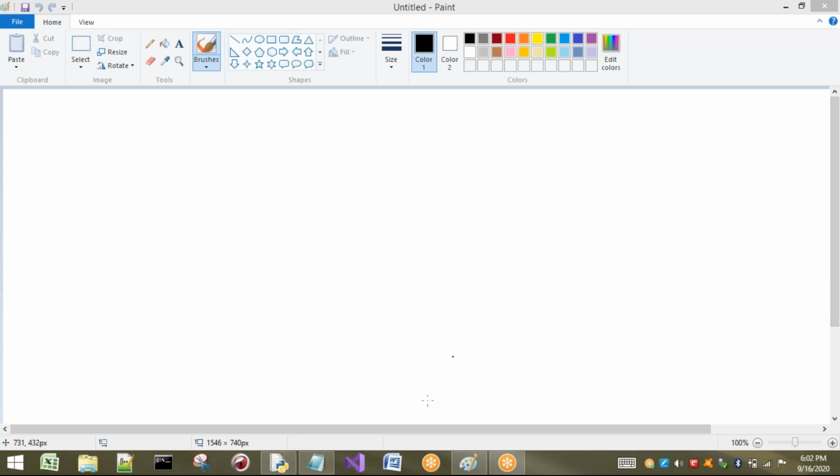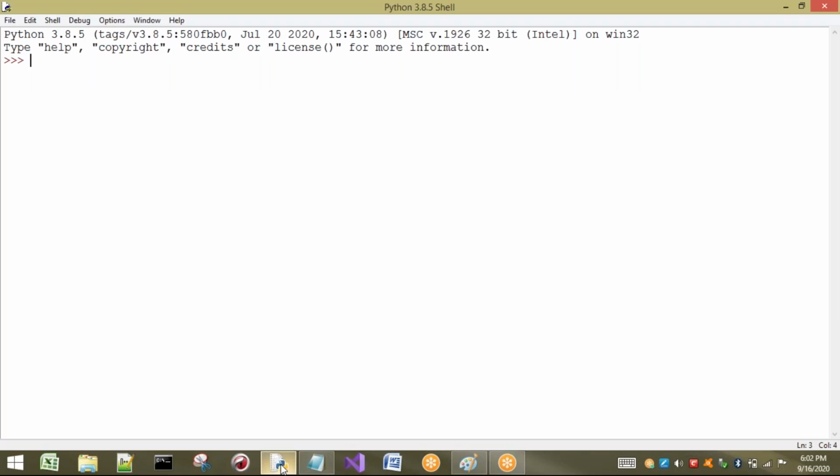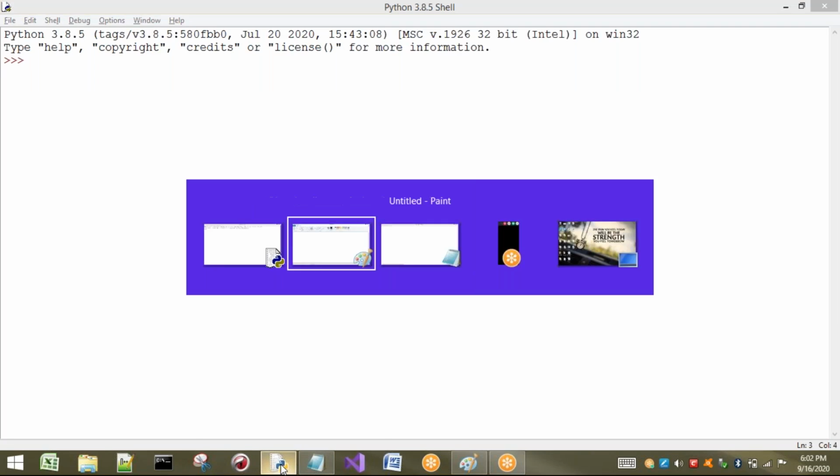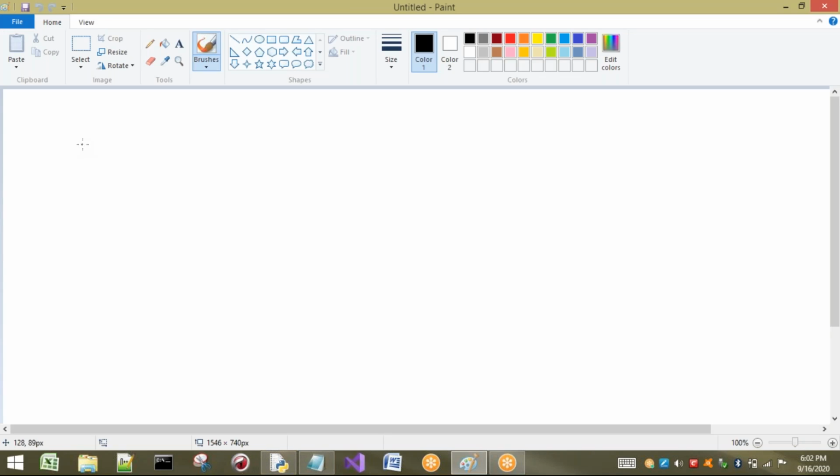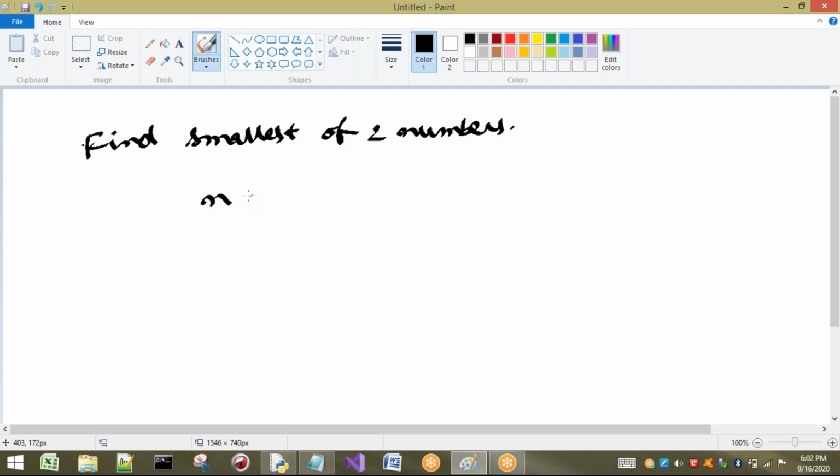In previous sessions, I have shown you some examples, for example, to find the smallest of two numbers. We have seen this example, but now I want to take n number of values.